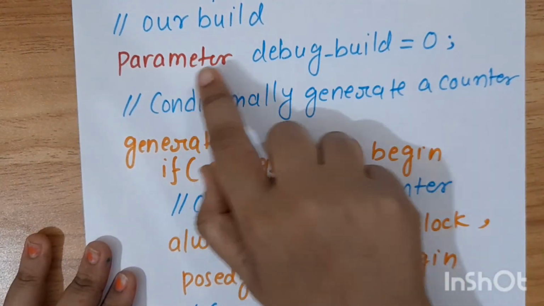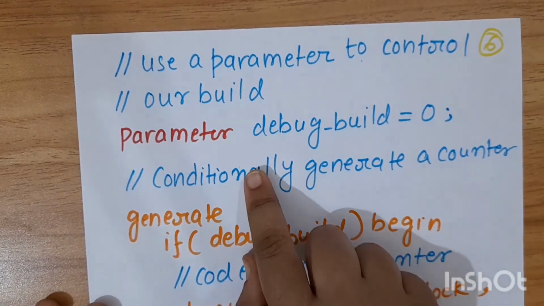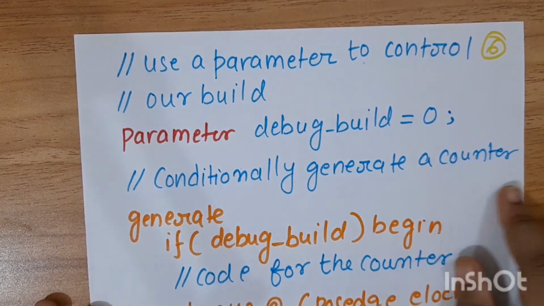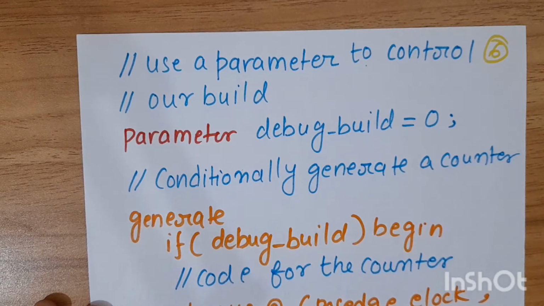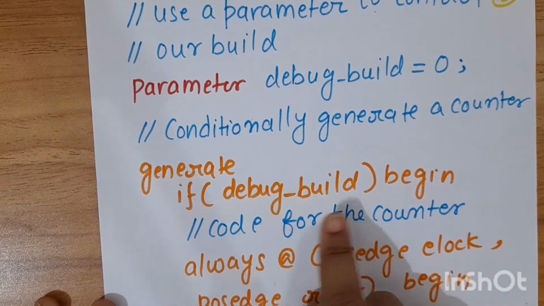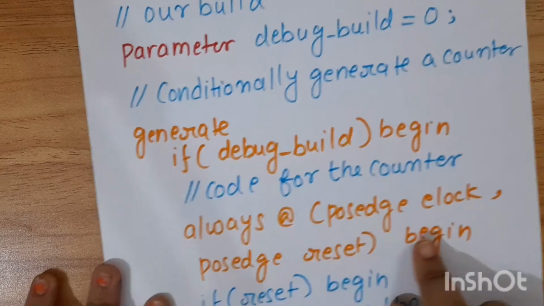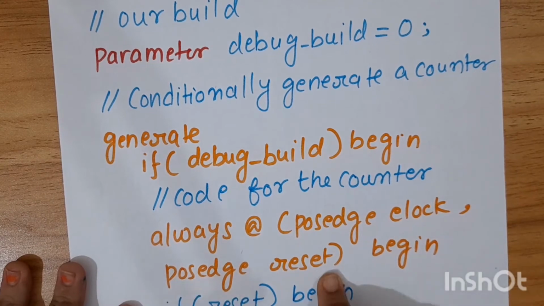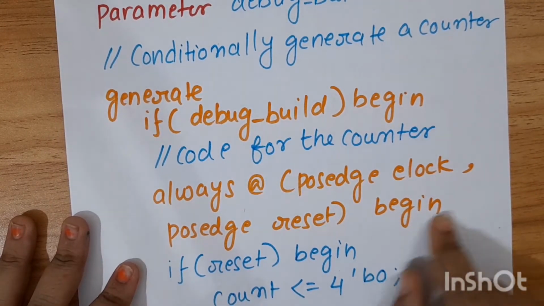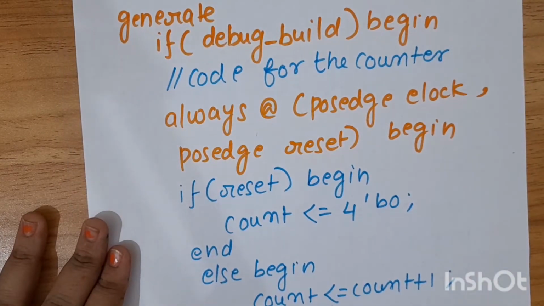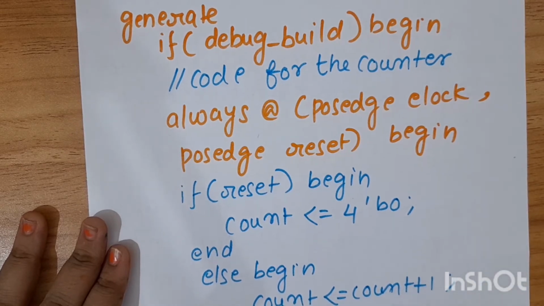Use parameter to control our build, under comments. Then parameter debug_build = 0; Then conditionally generate a counter, that is also commented. Generate if debug_build is 1, begin, for the counter, always @(posedge clock, posedge reset) begin. If reset is there, count <= 4'b0; end. Else begin, count <= count + 1;